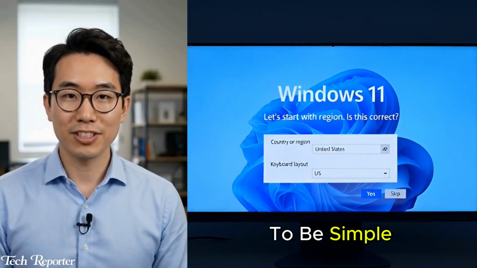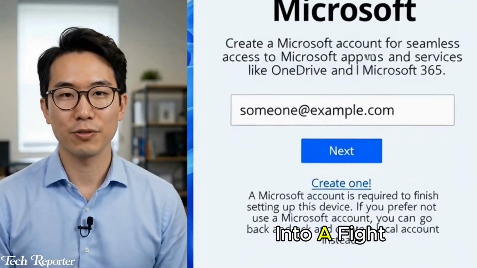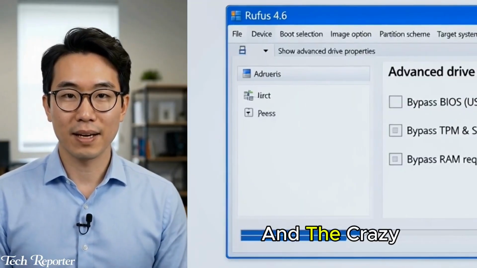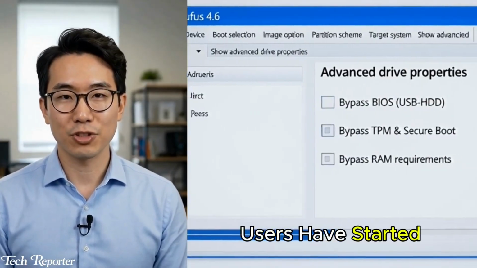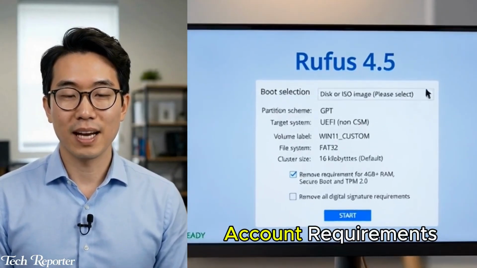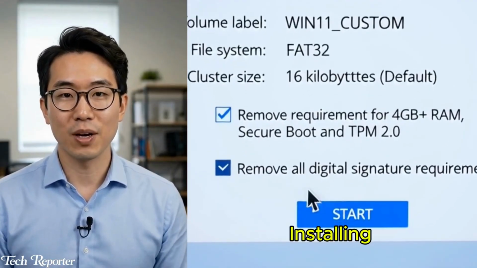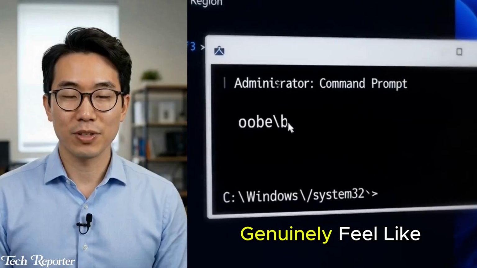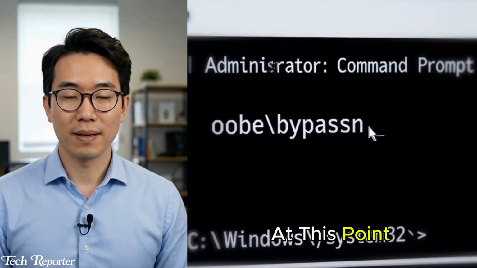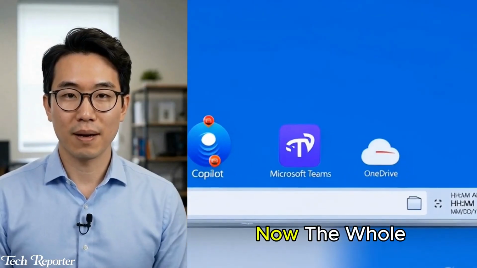Installing Windows used to be simple. Now, somehow, installing a fresh copy of Windows 11 can turn into a fight against Microsoft accounts. And the crazy part is, power users have started finding increasingly ridiculous ways around all of it. From bypassing Microsoft account requirements to stripping out Windows bloatware before the operating system even finishes installing, some of these setup tricks genuinely feel like forbidden Windows knowledge at this point. And honestly, once you see how much stuff gets added to a clean install now, the whole thing starts looking